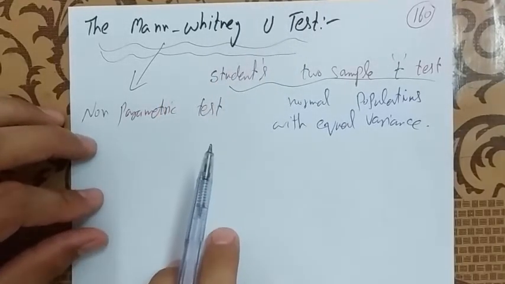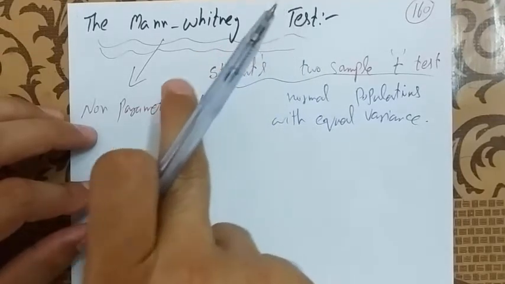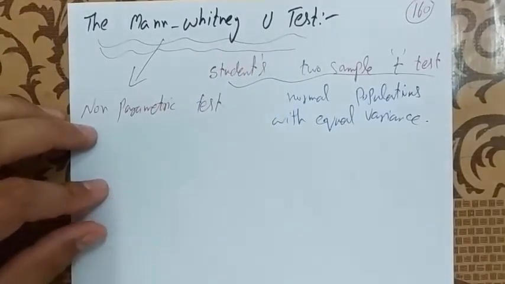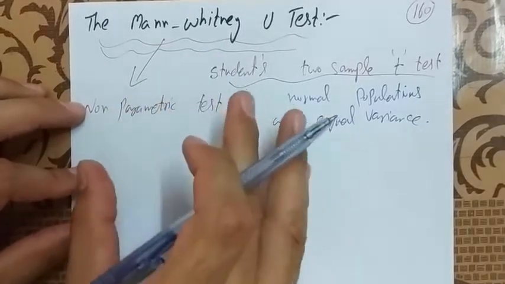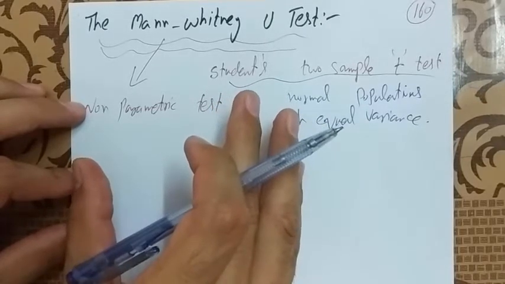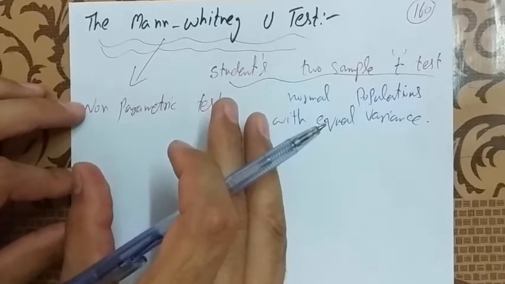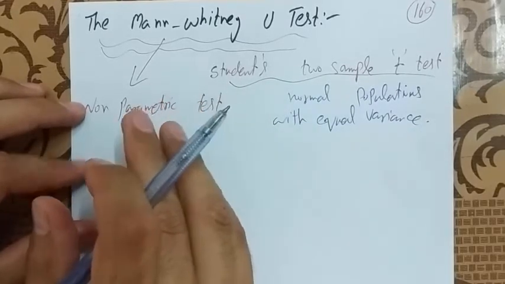This Mann-Whitney U test is based on ranks and is used to determine whether or not two independent samples of size n1 and n2 differ. Students, how do we solve the problems of the Mann-Whitney U test? We use the ranks like the previous test and solve the problem of the Mann-Whitney test.